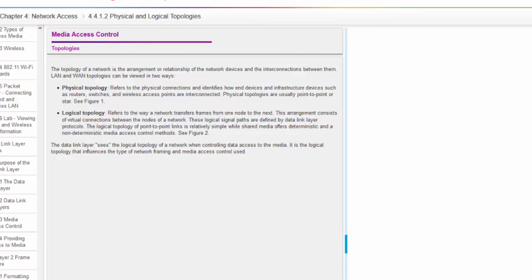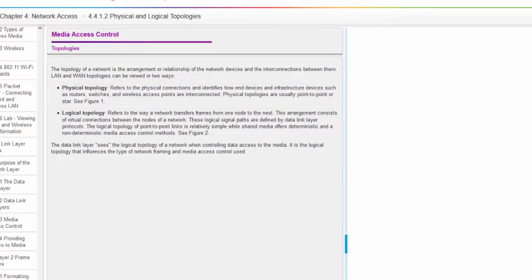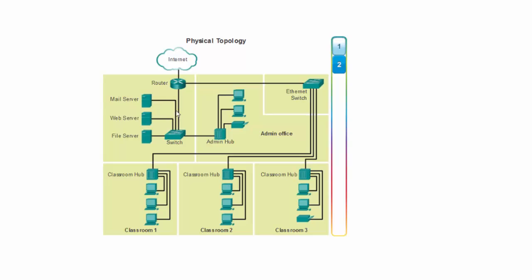The physical topology of the network defines how the physical devices are connected together. So you have different machines, and they are connected using a switch, or using a hub, or using a router, and so on. So the connectivity between these physical devices and the different machines is what we call the physical